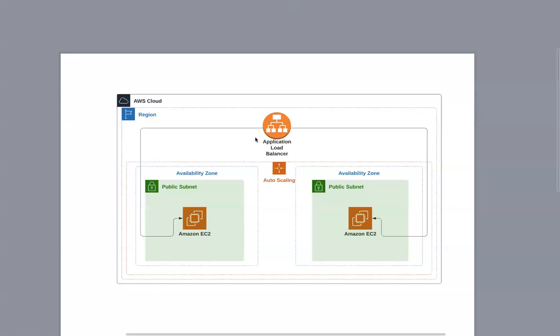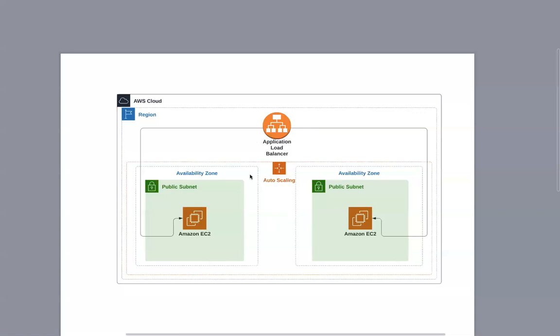So always remember, if you are mentioning 3 or 4 availability zones over here, mention the same set of availability zones for the auto scaling group. Okay, so it's a pretty simple architecture. What we are going to do first is create our load balancer, and then create our launch configuration for our EC2 instances, and then create our auto scaling group, which spans across the same AZs that we have mentioned for the load balancer.